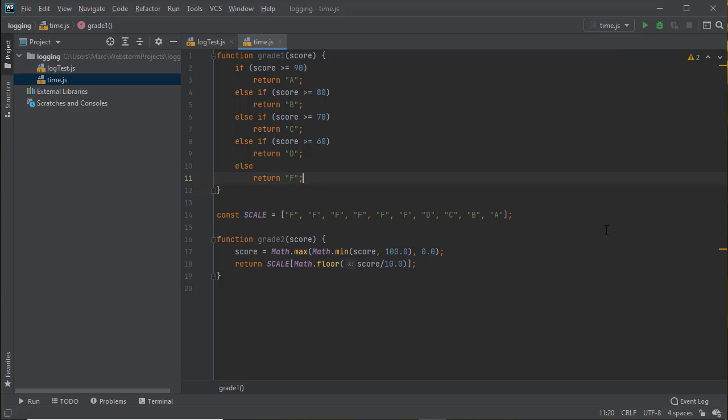Another thing that console provides is a simple way of timing functions. And I've prepared two versions of a simple function that calculate a student's letter grade based on the score. Here is a simple version of the calculator that uses just an if then else statement. And here's a shorter but more complicated version that does math on the score, chops it off at values less